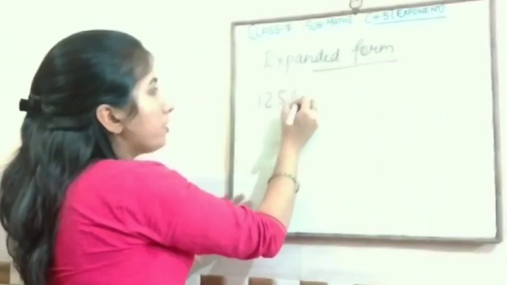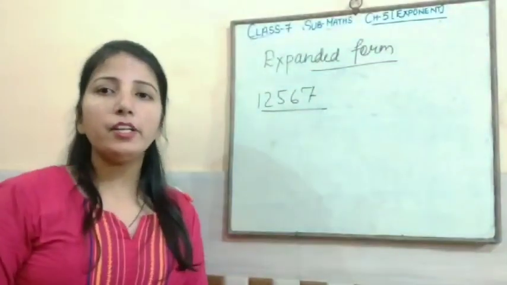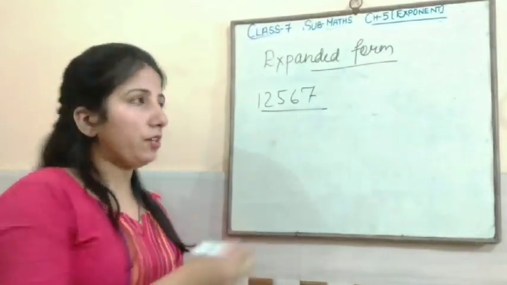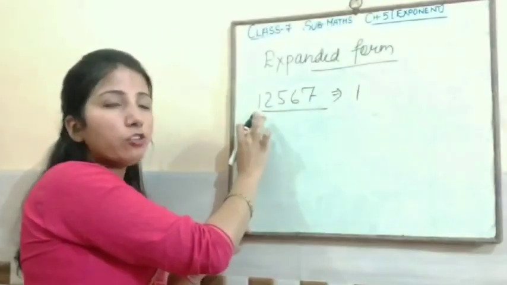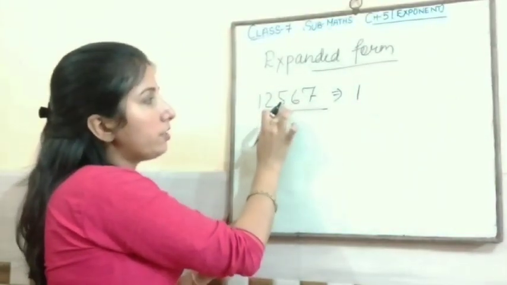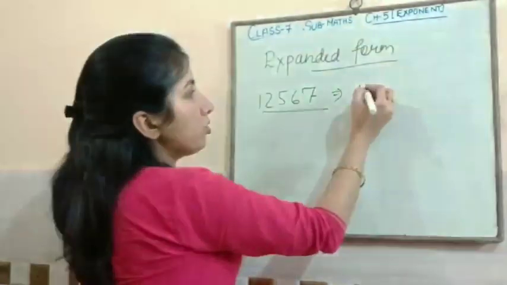1, 2, 5, 6, 7. This is any number and you have to write the expanded form of this number. So this will be, what is the place value of 1 here? Ones, tens, 100, 1000 and 10,000. So this will be 1 into